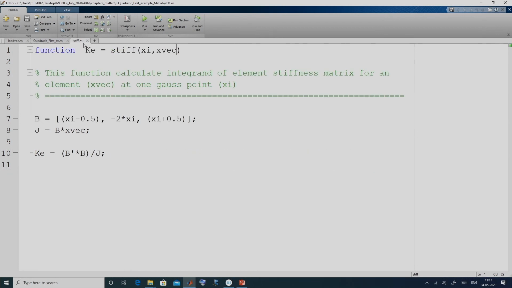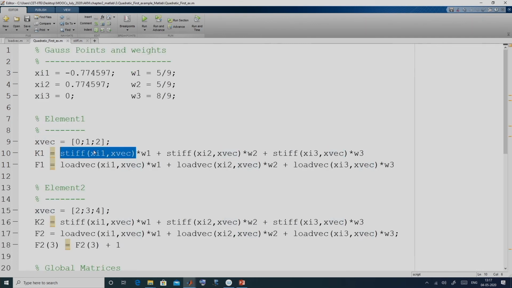This is the integrand at xi 1, which is multiplied with w 1. Similarly, xi 2 is multiplied with w 2, xi 3 with w 3, and we get the element stiffness matrix for element 1.